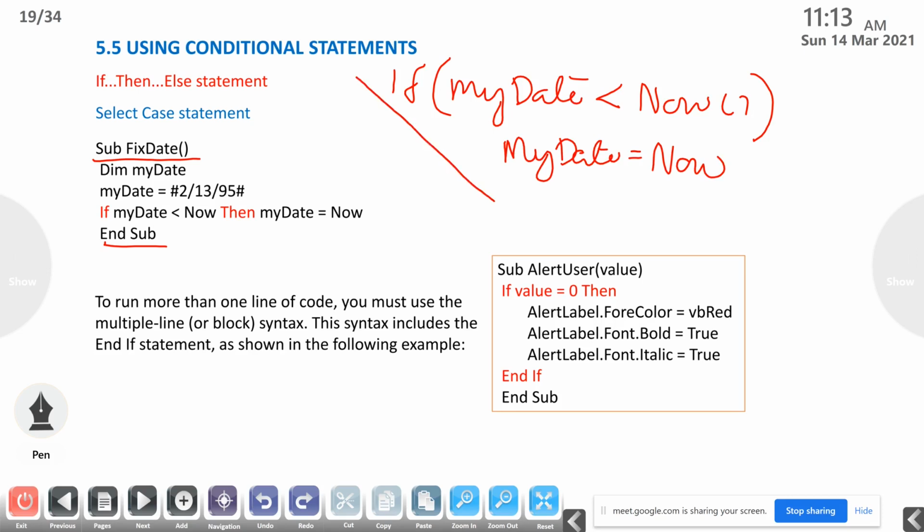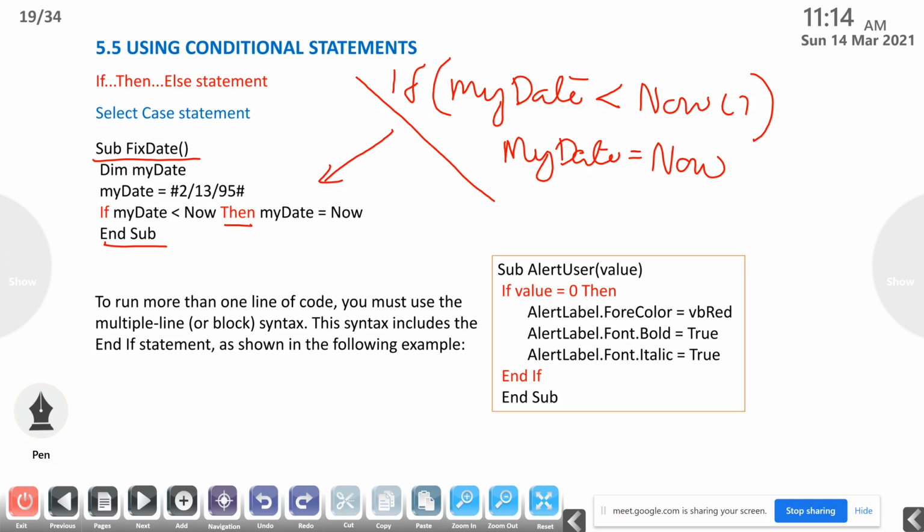So in JavaScript we use this, but in VBScript we use this. If myDate less than Now, here there is no parenthesis after if. Then after that we use the Then statement, then the variable. Here you use Then, and there is only one statement inside this if, so there is no need for the open brace and close brace.